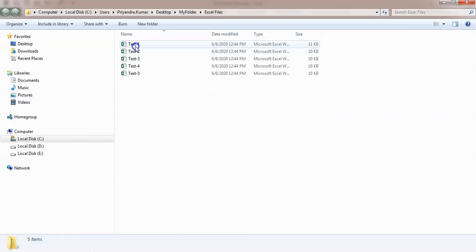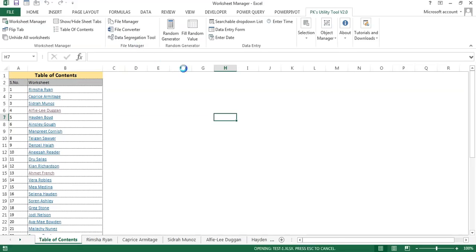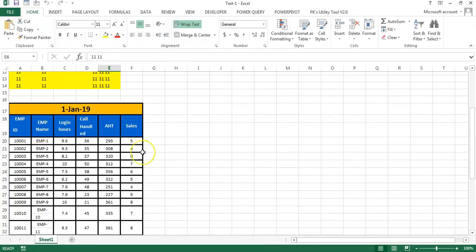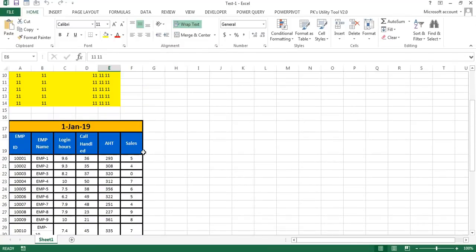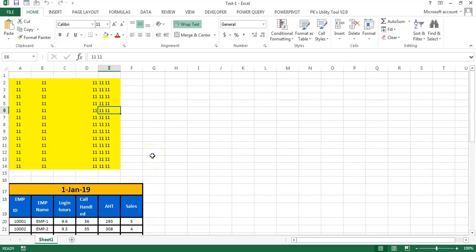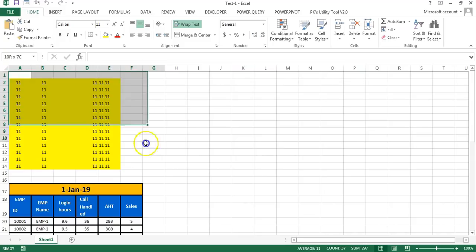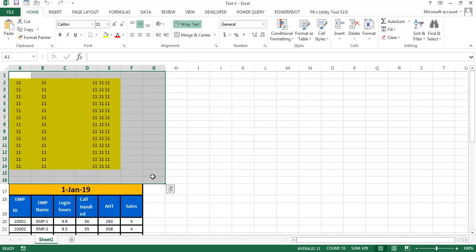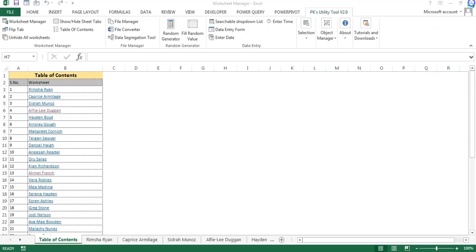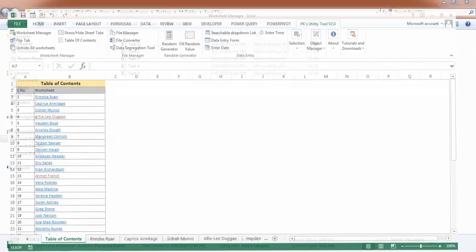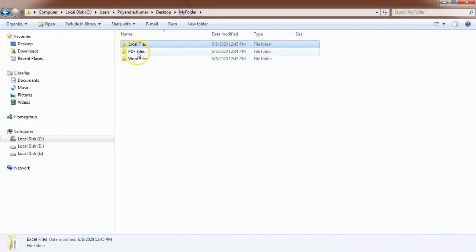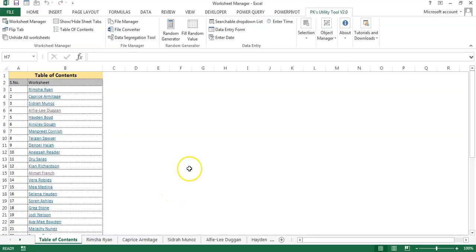Now you can see our file from PDF to Excel conversion has been done. You can see this is the first file. So friends, one thing I would like to tell you, it will not convert the scanned PDF or the image PDF to Excel. It can convert, but it will just keep those images only. It will not use OCR or anything else. It's a simple conversion. Alright. So make sure your PDF file is a proper PDF, not a scanned PDF. And similarly, we can convert from PDF to Word also. The logic will remain the same.